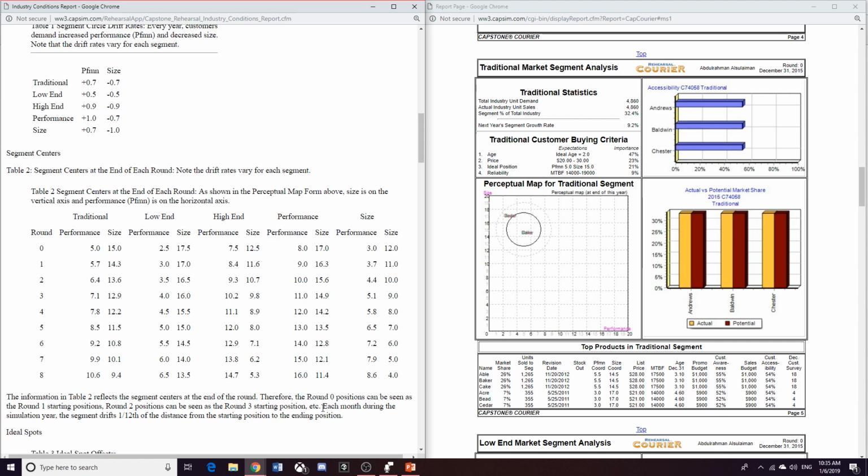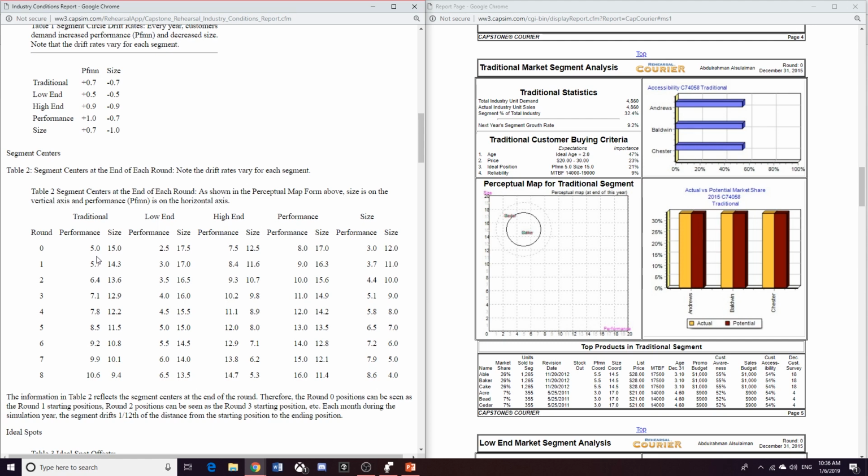Okay, so what that means when they say that each month during the simulation year, the segment drifts 1/12 of the distance from the starting position to the ending position, is that in round 1 there are 12 months. So you need to multiply 1/12 by 0.7, right? If you do that, you will see how much the customer segment drifts each month of the simulation. We have 12 months each round, because there are 12 months each year. When you multiply 1/12 with 0.7, you will get